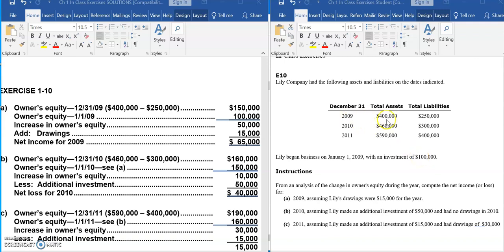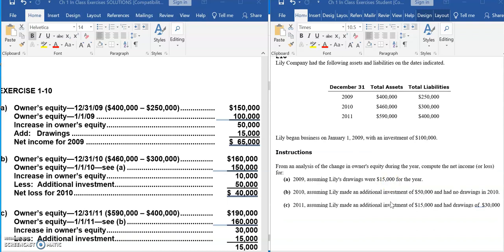At the end of 2009, this company had total assets of $400,000 and total liabilities of $250,000. The first thing they want us to do is to compute net income or loss for the year 2009, assuming that Lilly, the owner, drawings or withdrawals for the year were $15,000. Okay, going over here, let's take